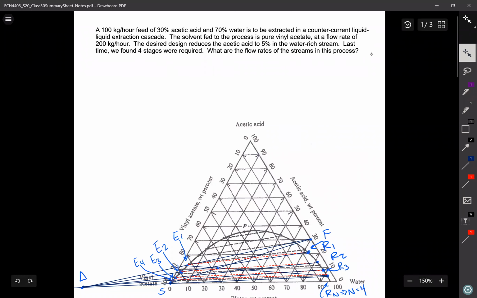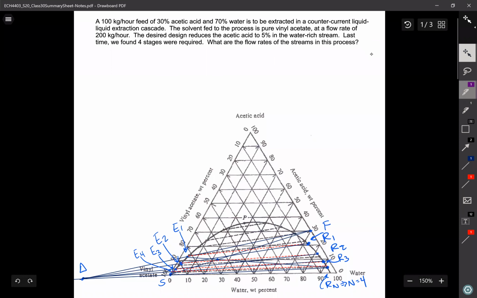In today's separations class, we're going to finish discussions of countercurrent liquid-liquid extraction by talking about the three types of problems you may be asked to solve about these systems. Same type of problems that we've covered for distillation and for absorption and stripping, just applying them to the new situation. So taking the same problem that we had from last time,